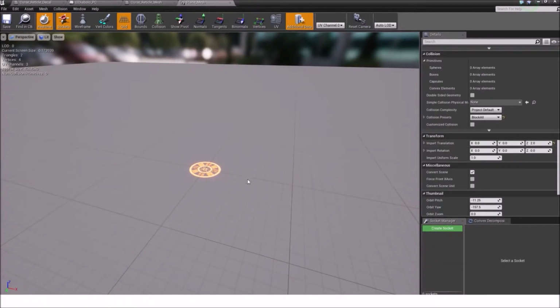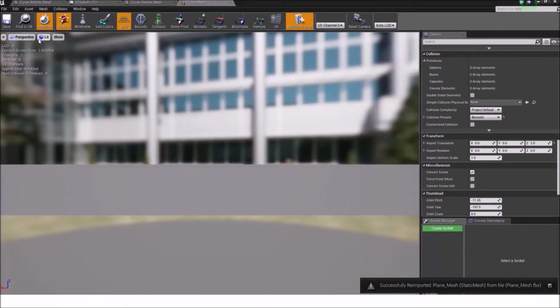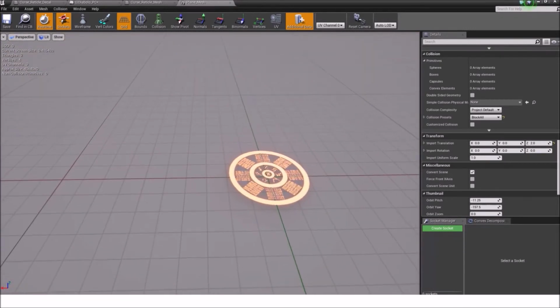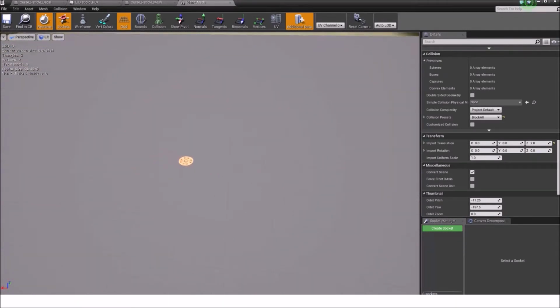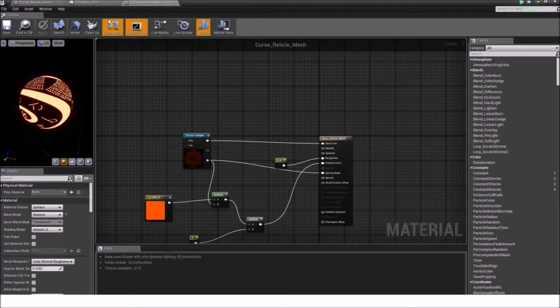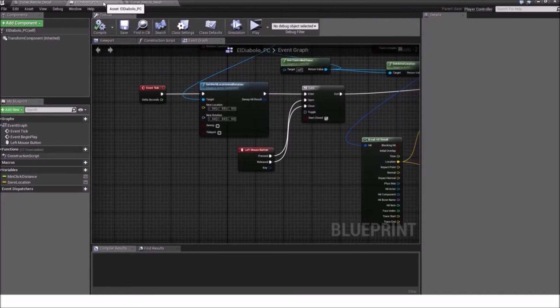But it will not just change to the offset right now if you save it or anything like that. You'll need to re-import it again. So click on Asset up here and then click on Re-import Plane Mesh. The camera will do all kinds of weird things right now and will basically set us into our plane mesh, but you can just go out of it with the WASD keys and move around, and the offset was made right now. Okay, so we can close the plane mesh, go back to our El Diablo PC,